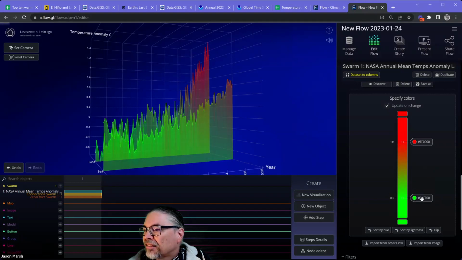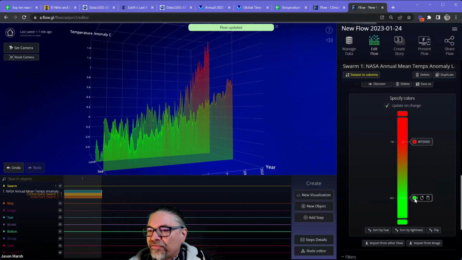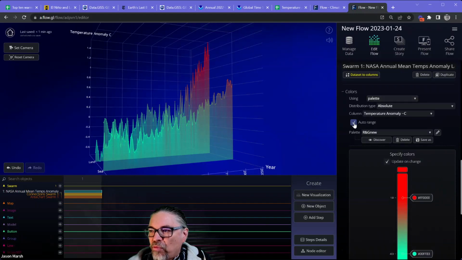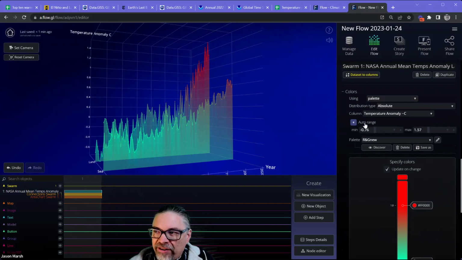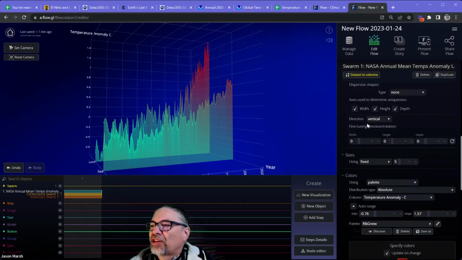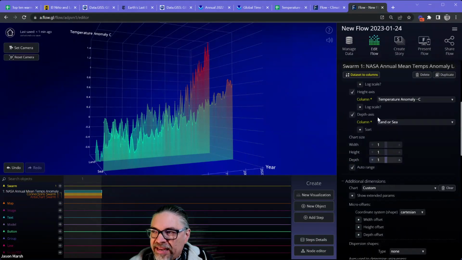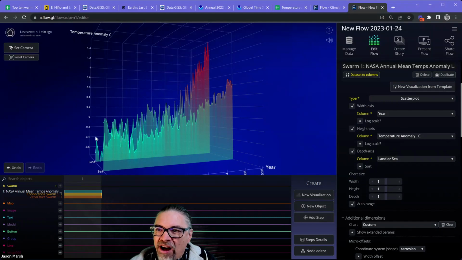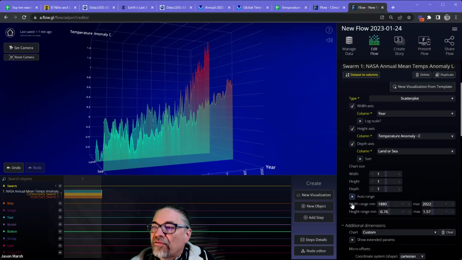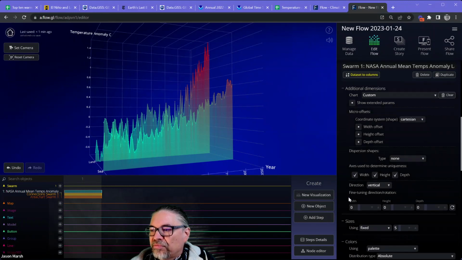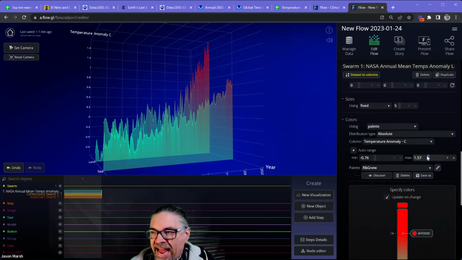And then finally, I'm going to do a little tweak here. First of all, I think cold should be blue instead of green. So let's make it blue. And what I'm going to do is I want to pull out the extremes. So instead of doing auto ranges, and you're going to see these auto ranges checkboxes all through the application, because when I first dropped in this data, it automatically knew what the min and max were, and it showed that. But you do have control over that. You just turn off the auto range, and you can set any of the minimums and maximums by hand, which is powerful. And that's what I'm going to do here.